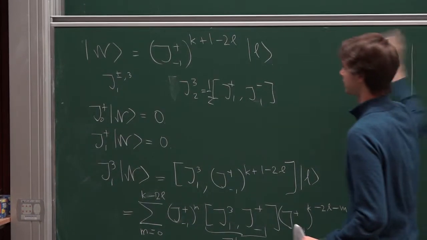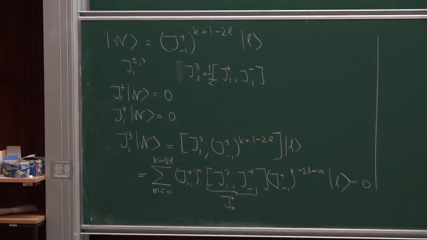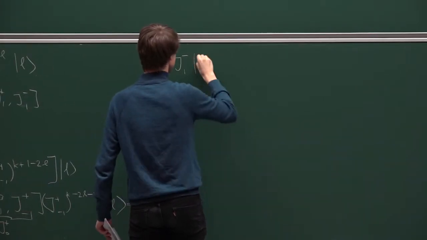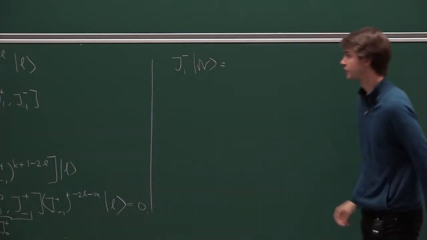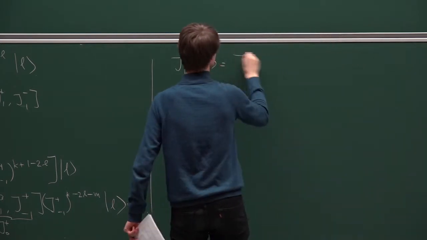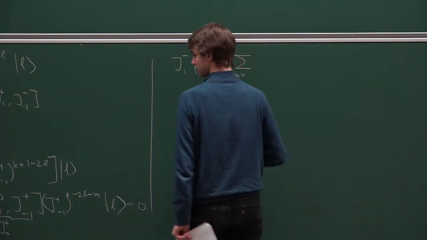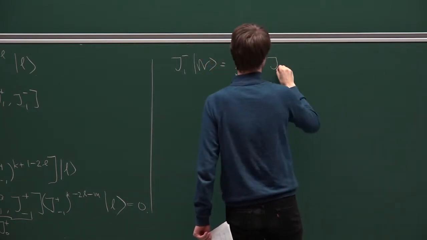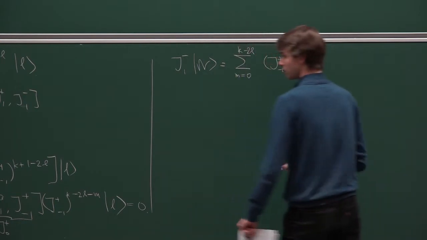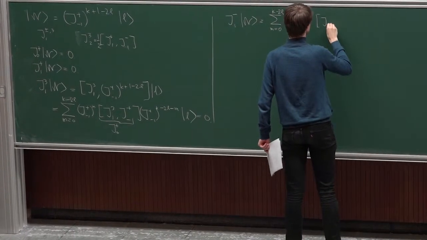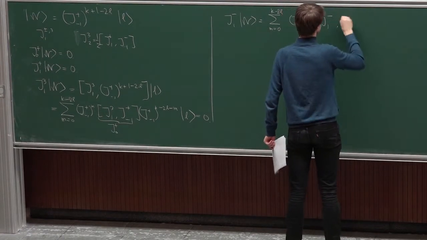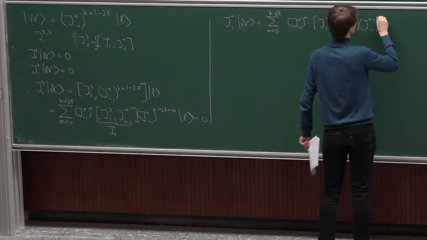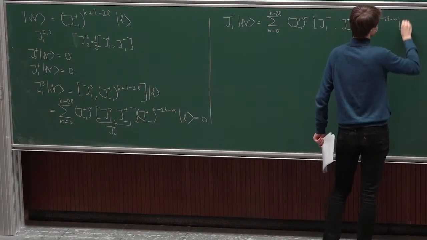But obviously I could have done this till now with any power of J minus 1 plus. So now the most interesting one is to look that this one annihilates it, and then we're done. Okay, so let's do the same trick as there. I have a repeated commutator. So M runs from 0 to K minus 2L, J minus 1 plus M. And here I have now J1 minus with J minus 1 plus. And I have the remaining one, K minus 2L minus M on L.